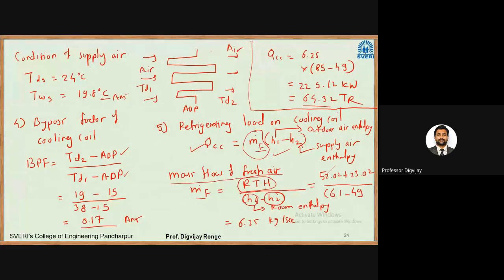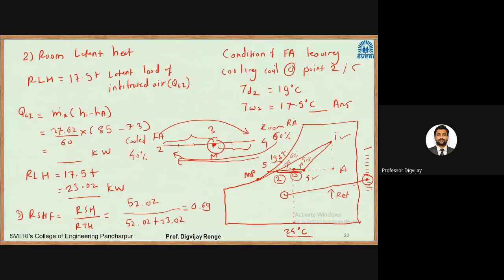We calculate the mass flow rate of fresh air, and finally we have calculated the total load acting on the cooling coil. Okay. So this is a very big example where they asked for 6 to 8 marks. And as you can see, if you know how to use the psychrometric chart, and if you can show these processes on the psychrometric chart, then it will be very easy for you. So don't worry, in the next lecture we'll take one more example, and in that example I'll try to make it clear for you again.